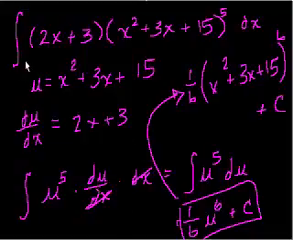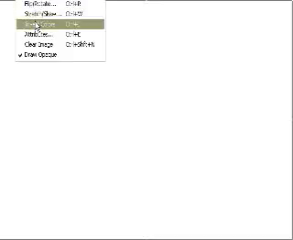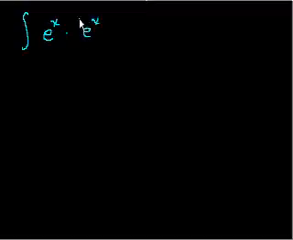Let's do one more. I think we have time for one more. Okay, I will also switch colors just to keep things interesting. Let's take the integral of e to the x times e to the x to the 5th. I keep using it. Let's say to the -3rd power